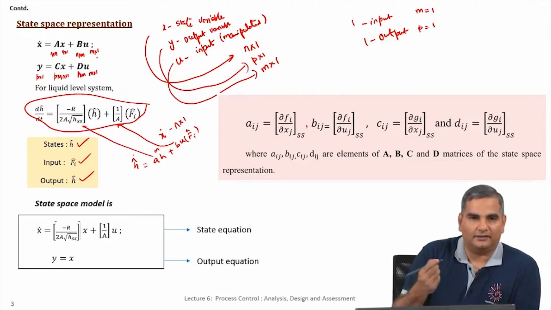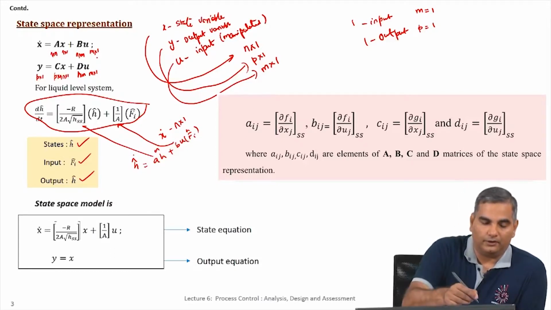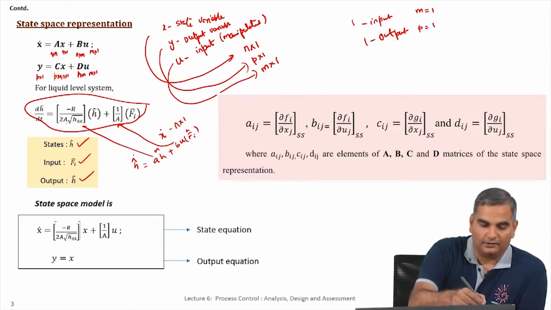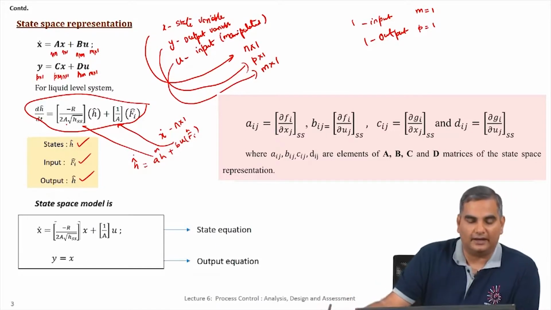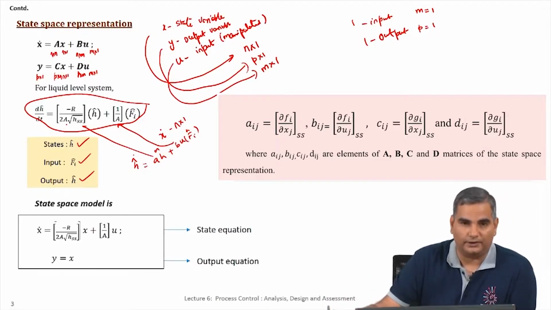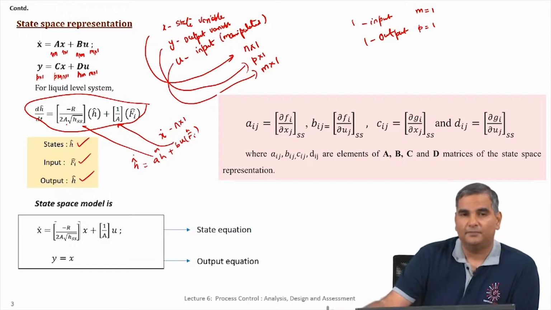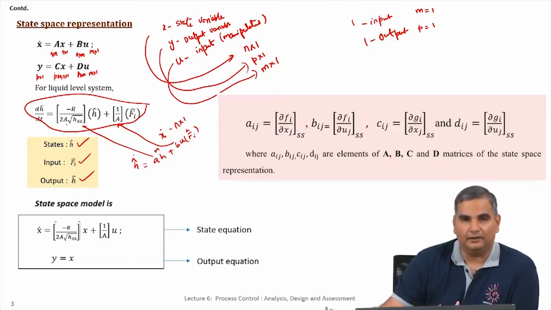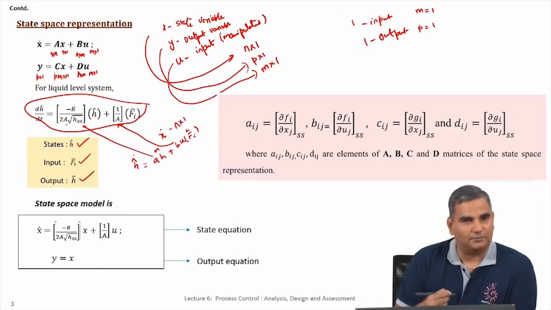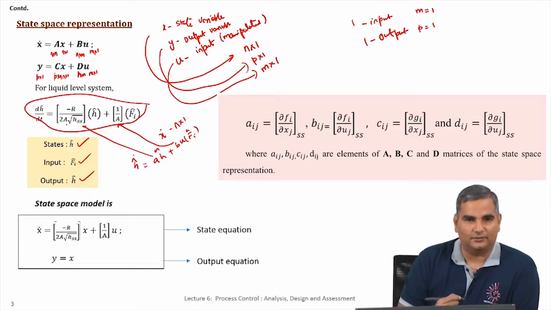you would simply write x dot is ax plus bu, but you have to remember that A is computed using this resistance, it is computed using the area of the tank, and also it is computed using the steady state of operation. So, these parameters themselves represent or reflect the process that you are trying to model. That is a very very important idea to keep, and you should not lose this connection, because as we go learning more and more about this, we will tend to abstract all of these concepts in terms of models,